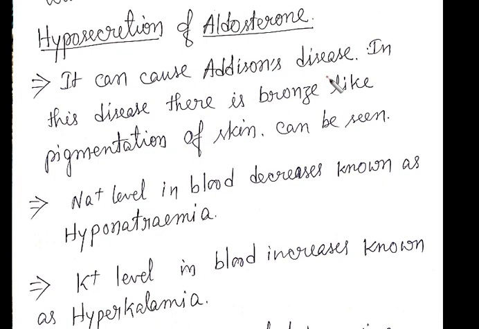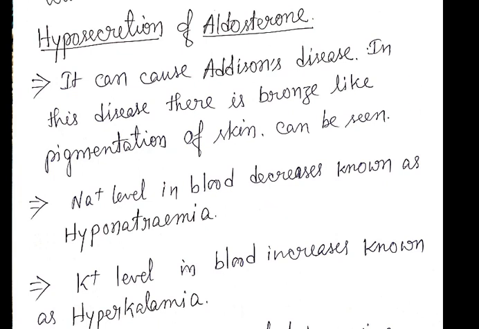Then what will happen? The potassium level in the blood is increased in this case, and that is called hyperkalemia. Just now we have discussed, sodium is eliminated in the urine because we do not have the aldosterone in proper quantity. Then it cannot retain the sodium or the salt, so it will go along with the urine. That means it is not coming into the interstitial fluid, the fluid present in between the tissue. As a result, more water will be lost and lead to dehydration.